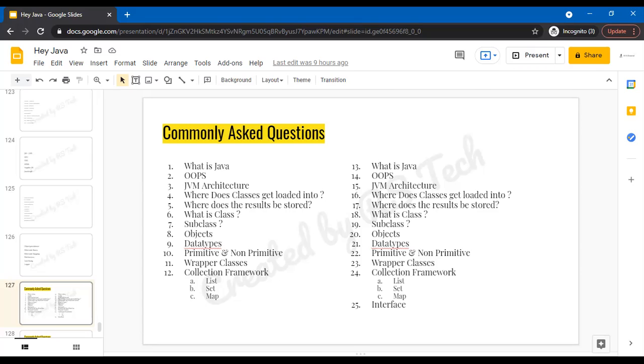And subclass, it is a parent-child relationship. We do it using the extends keyword. And objects, I said, they are the instance of the class. Whenever you go over it, you will see lots of technical jargon which will make us nervous. Oh my God, what are instances?